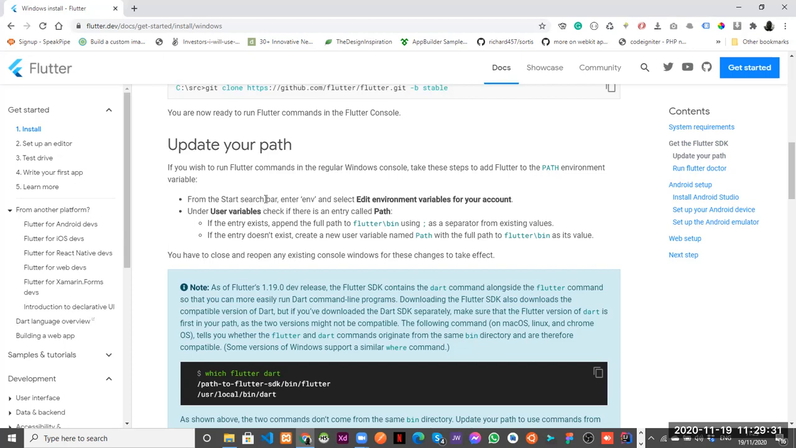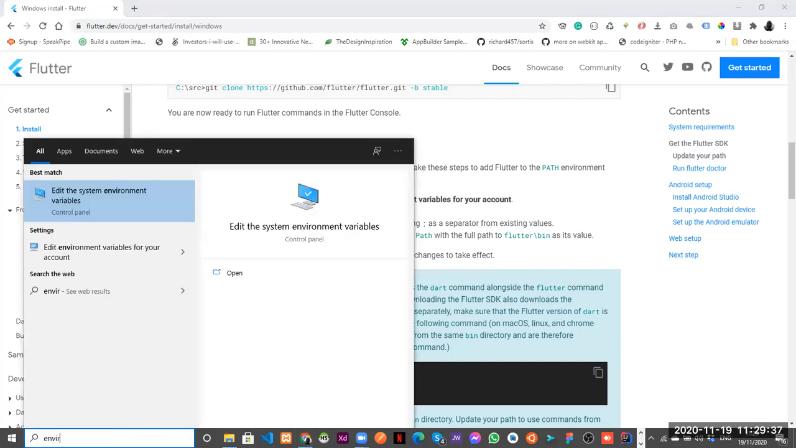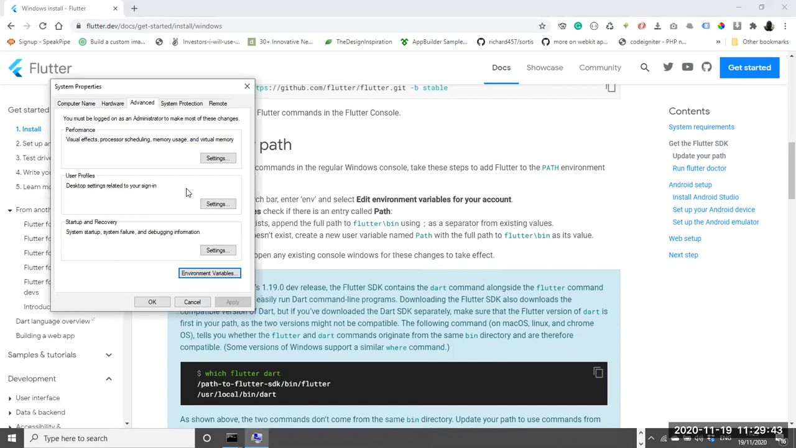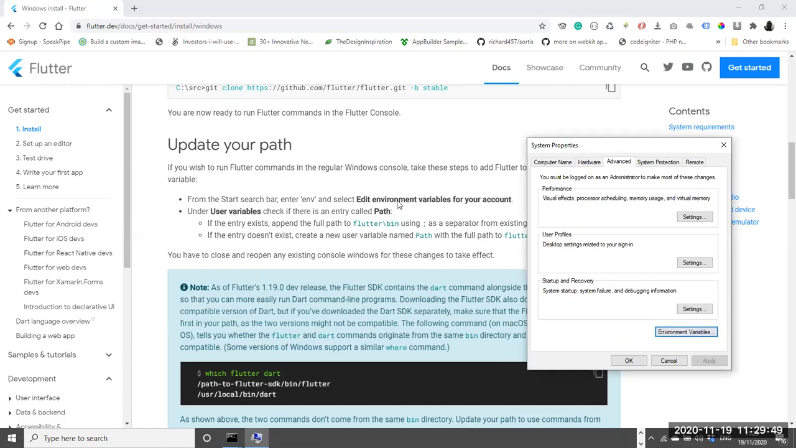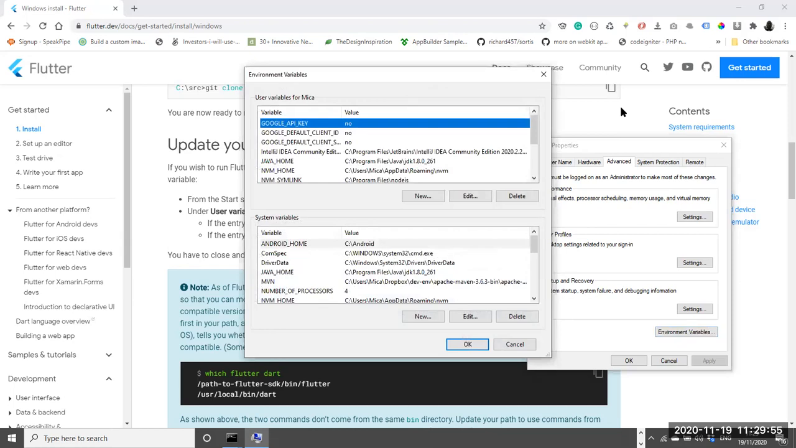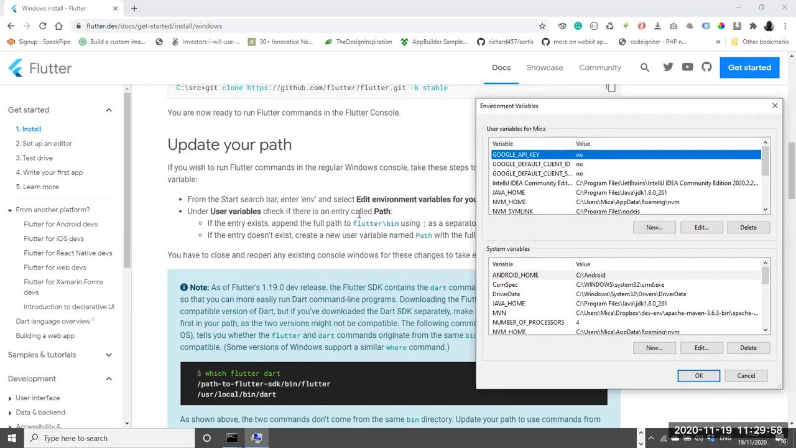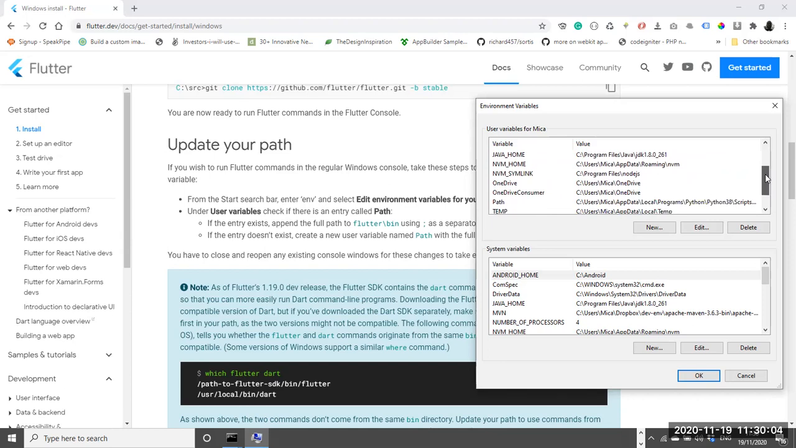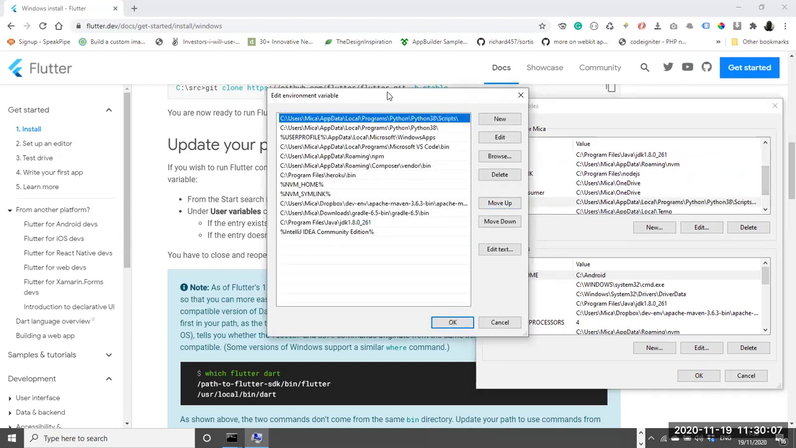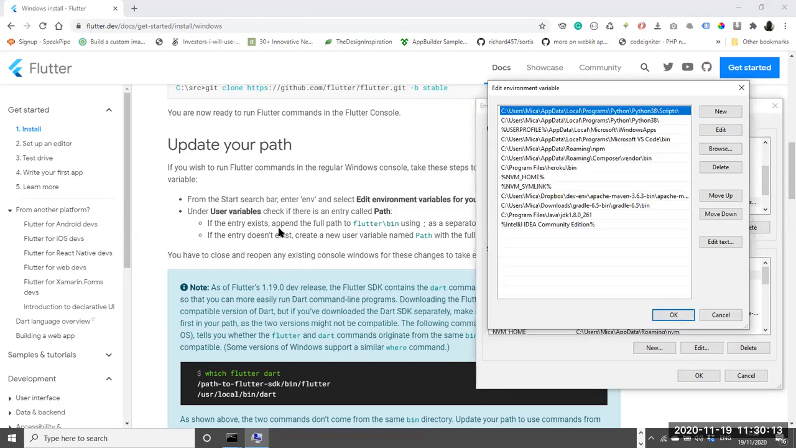So how do we update the path? You go to the search bar here and type environment, and the option to edit the system environment variables will come up. You click on that, and then you go to edit environment variables for your account. Then under user variables, check if there is an entry called Path. So user variables is here, and we are going to check if there is something called Path, and it's here. Double click there, and check if there is an entry,